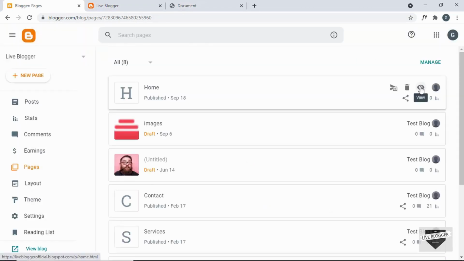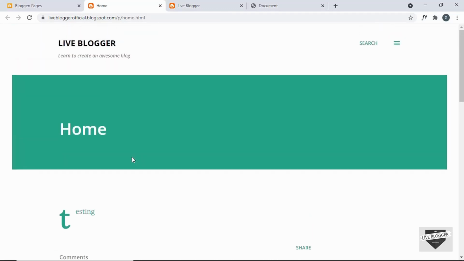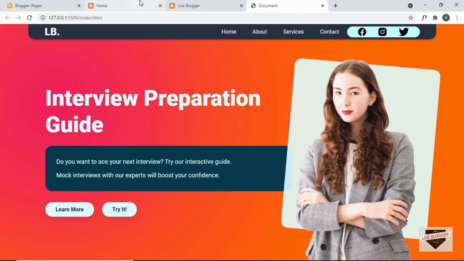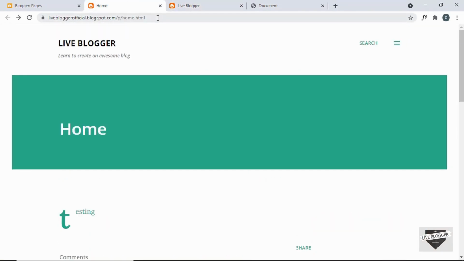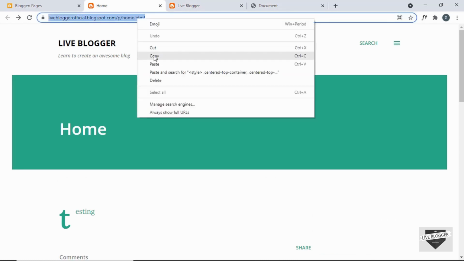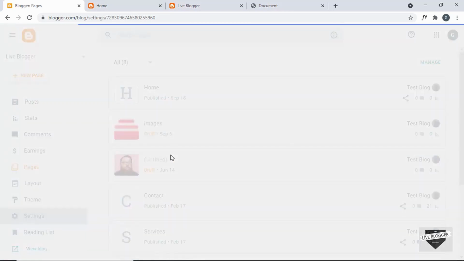Now if we click on view on this page, we can see that this is how the page looks right now. Now we're going to change everything on this page and we're going to make it look like this design right here. Now the first thing we're going to do is redirect this home page to this custom home page. So I'll just copy this link from here, and let's go back to our settings and let's